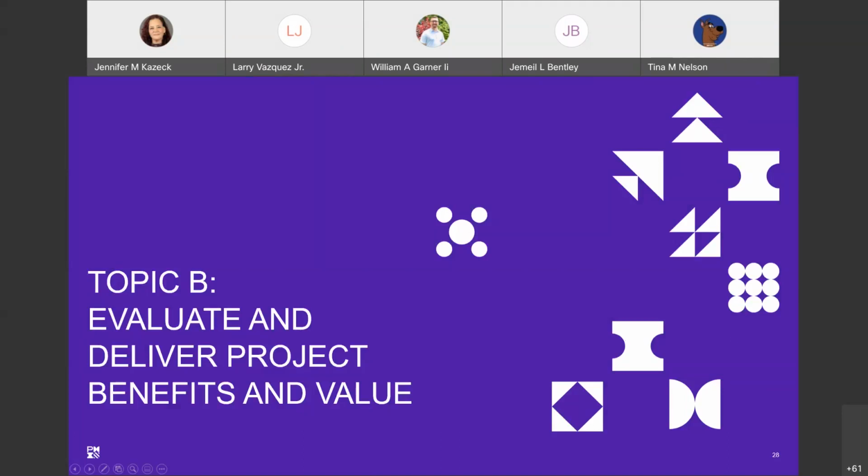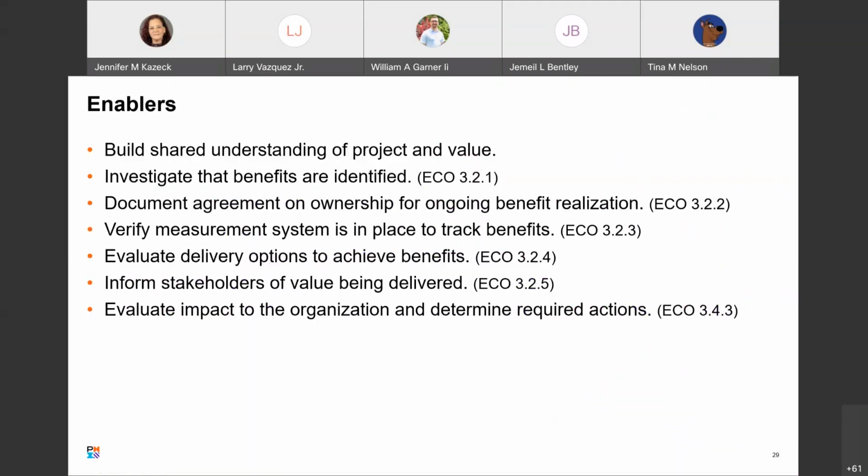We're going to talk about evaluating and delivering project benefits and value. A project is undertaken to meet the objectives and requirements of its stakeholders, and the project manager is responsible for delivering what these stakeholders expect. A number of tools are available to assist the project manager and project team. Here are the enablers for this section.